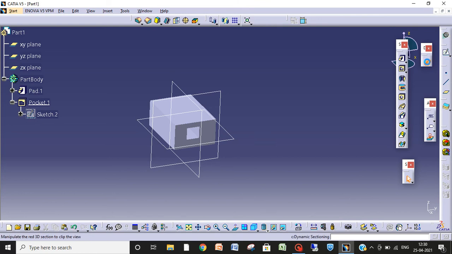Here we have the cut section. From this we can see the section view. Here you can see this is solid and here we have our pocket which we cut. To see the section view of a solid we have this command, this is section, dynamic section. Okay, we are done with these two, and now I'm just deleting all these.